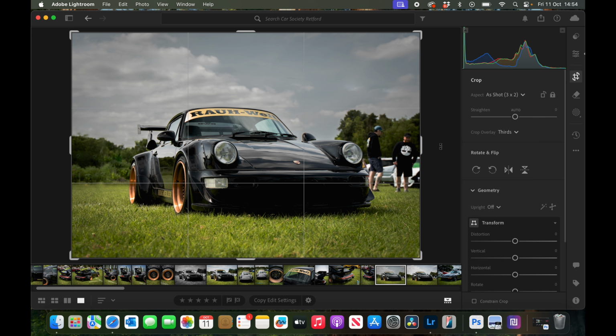I wanted to share something with you quickly, a feature that I've been using quite a lot the last few weeks. It's not something that I've used a tremendous amount before within Lightroom and Photoshop, and it's the generative fill features. I generally think it's a little bit of a cheat, but for the project that I've been working on